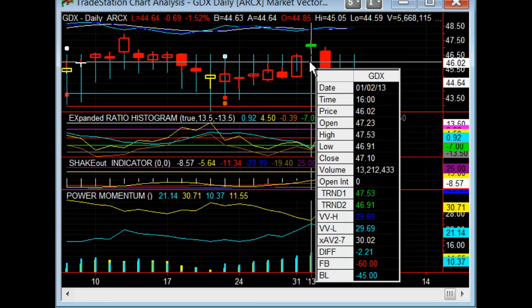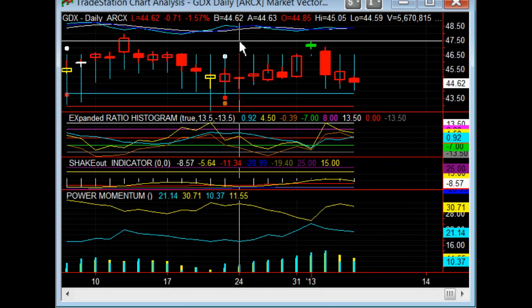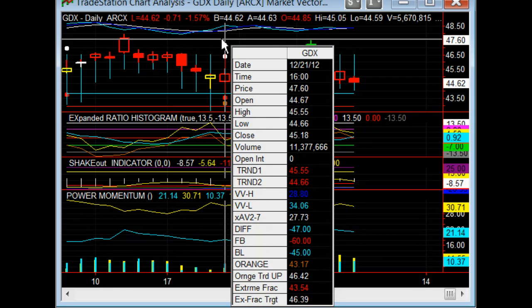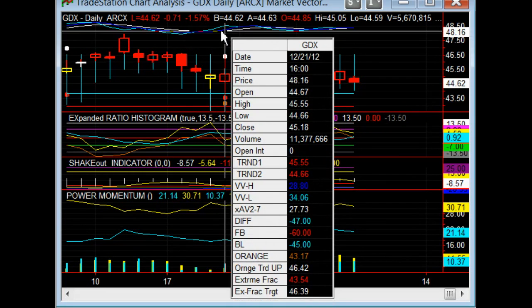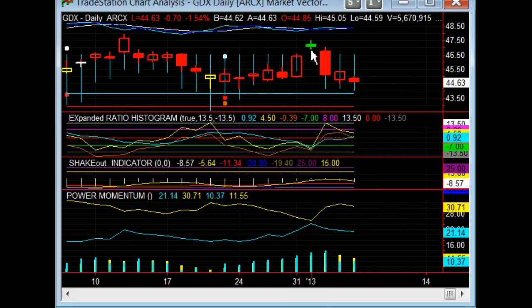Look at that. Positive extreme trend change green 1 day only. Nice buy setup from the orange dot extreme fractal right back here. So that was at 45, gave a 46.40 target. Hit that on the gap up right as it peaked, and this is where people say to me, can't I just stay with it? It's like, you've got to take some at your target, okay? I recommend more than 60% taken at the target with these setups